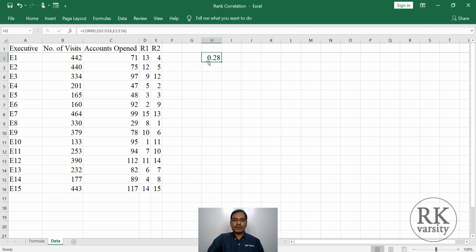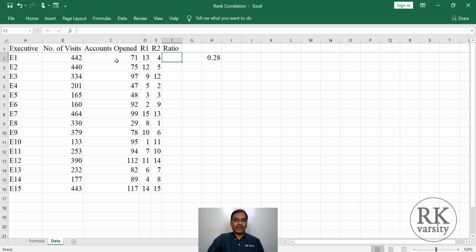The correlation of 0.28 says that there is a weak correlation between the number of visits that the executives made to customers' place and the number of accounts opened. We can say that statistically, this is a very weak correlation. Now, to know why this happened, just calculate a ratio or a proportion. Ratio of number of visits and accounts opened.